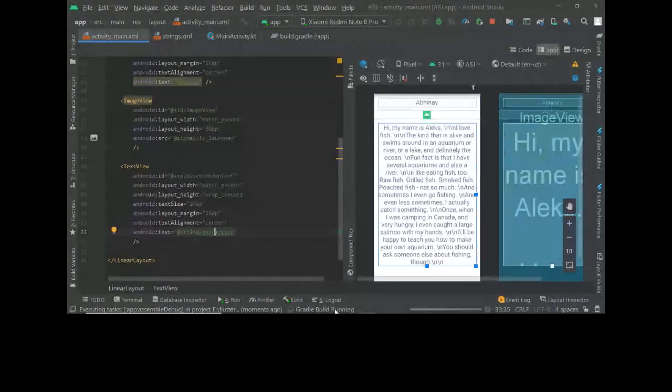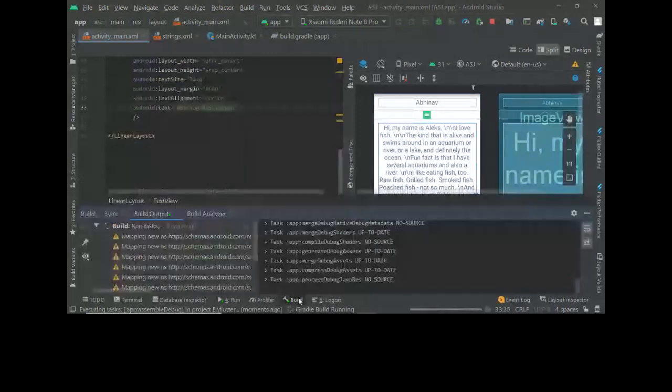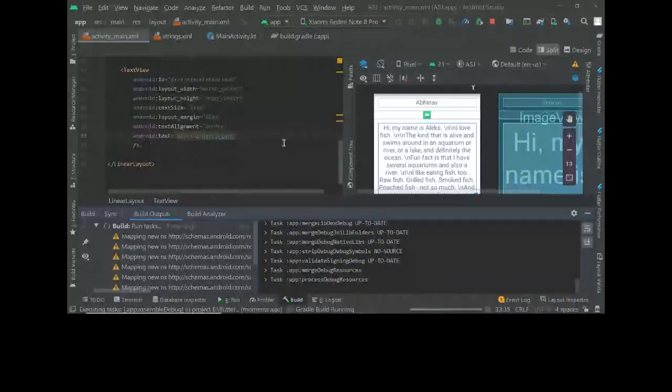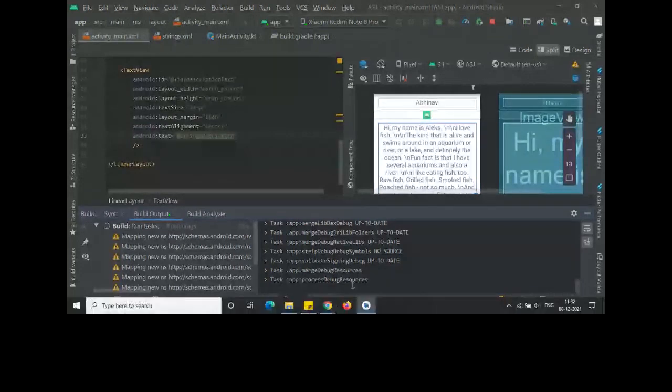So it's building. Again, all of this you don't have to worry about. Just build stuff. You'll get more familiar with it as you go on. Anyway, till then, if you have any doubts, you can ask.